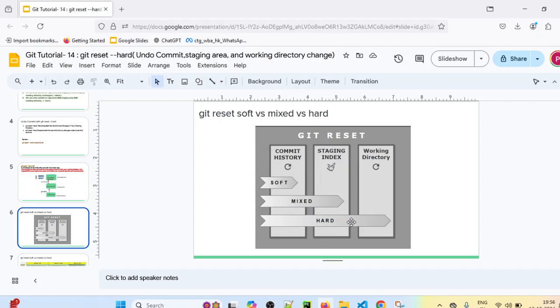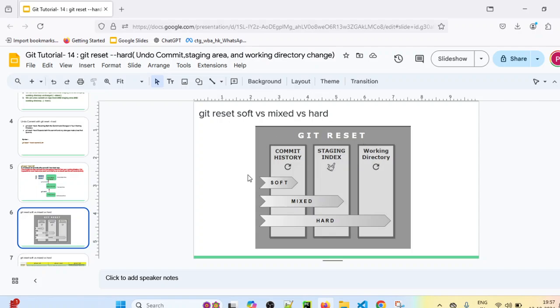If you use hard mode, it will impact all the 3 areas. So it will revoke that commit, it will remove the changes from the staging area, and it will also remove the files from the working directory associated with that specific commit ID. So that's why we should use git reset hard very carefully.